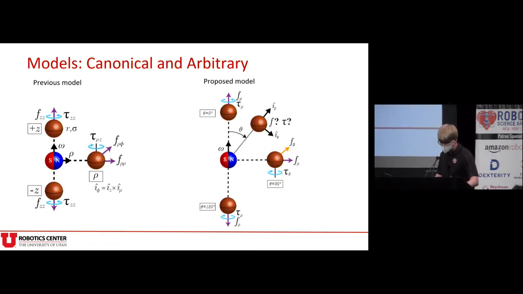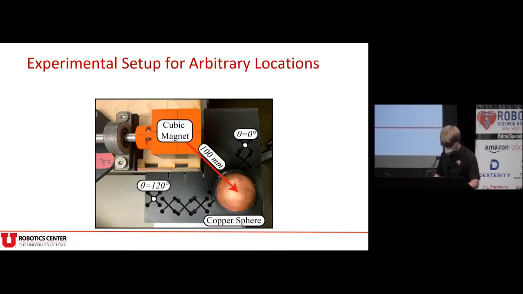For this work, we try to fill in the gap in our previous model, supporting arbitrary axis of rotation. We define theta to be the angle between the axis of rotation and the vector pointing towards the object. In this framework, the old model was theta equals 0, 90, and 180 degrees. We collected data at different values of theta using similar methodology to previous work, a combination of benchtop tests and FEA-based simulation.